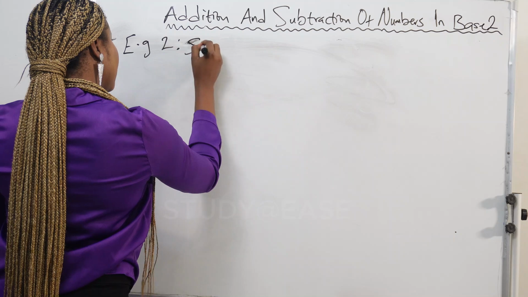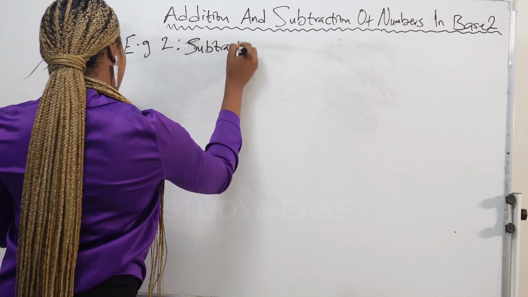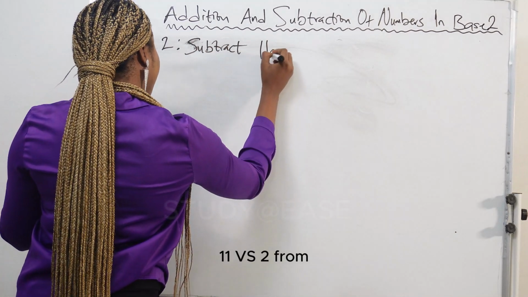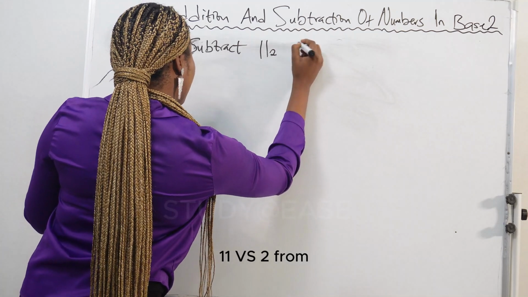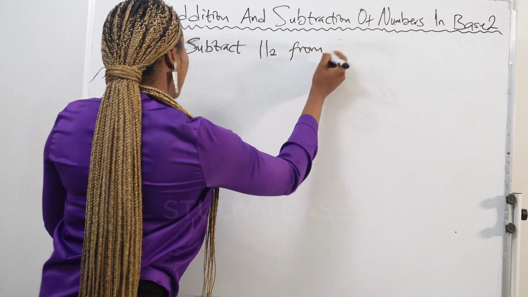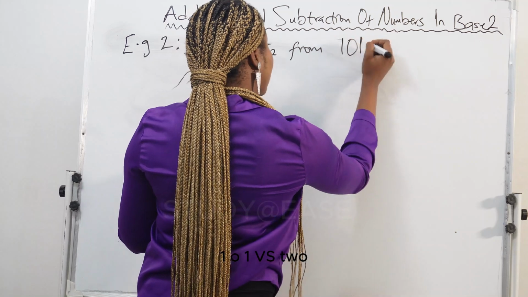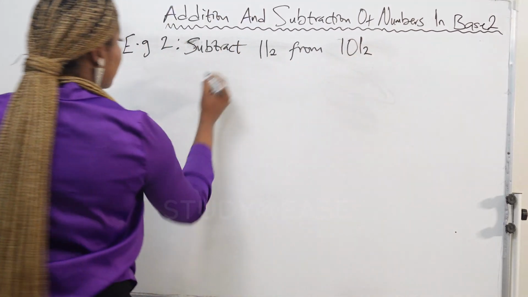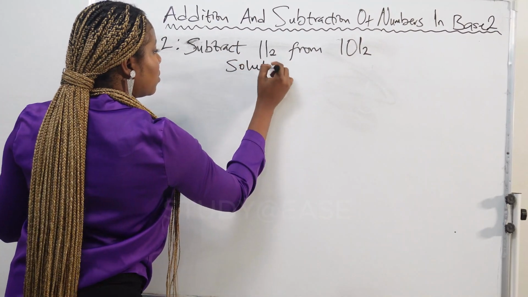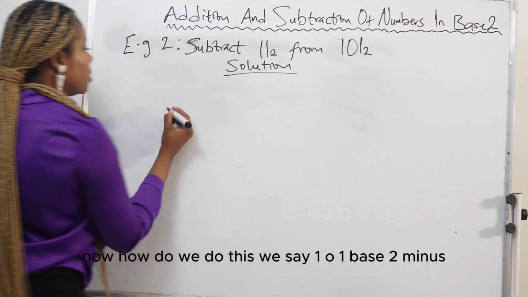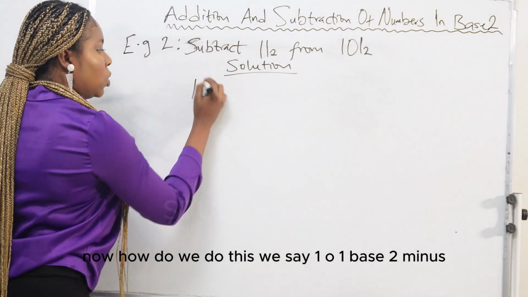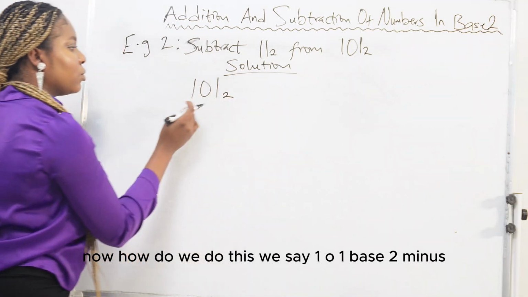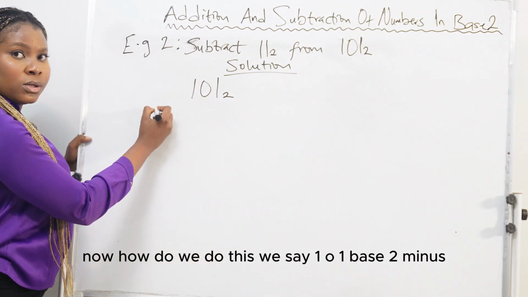Subtract 11 base 2 from 101 base 2. Now how do we do this? We say 101 base 2 minus